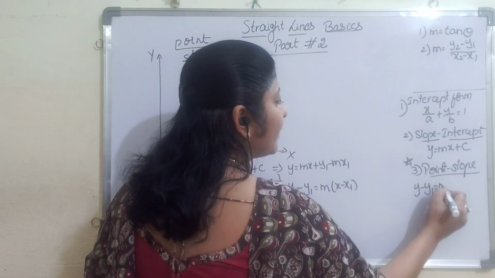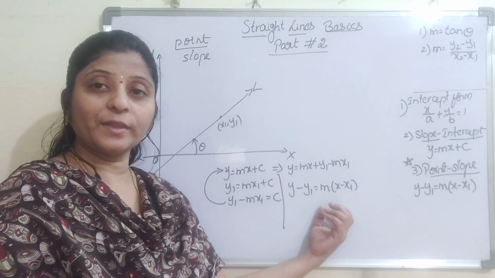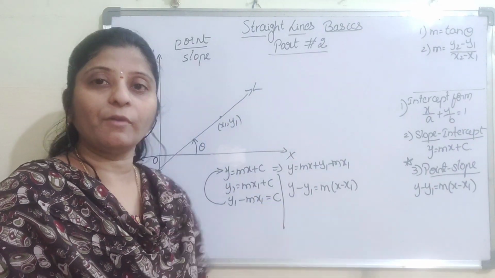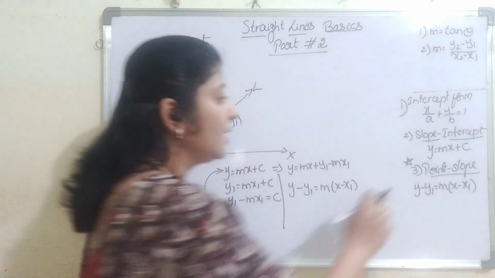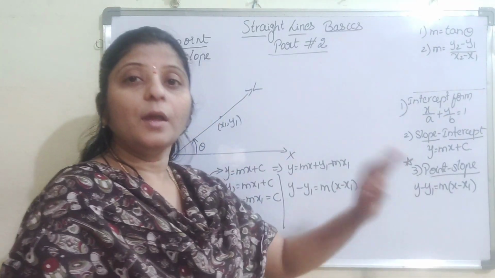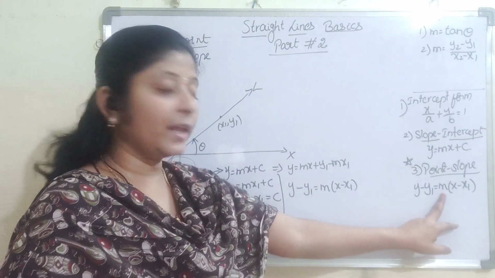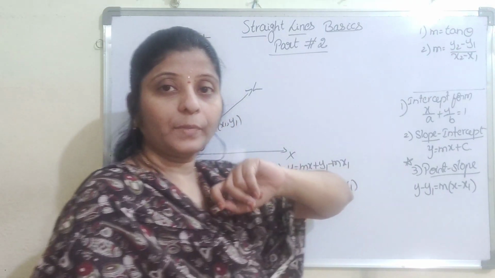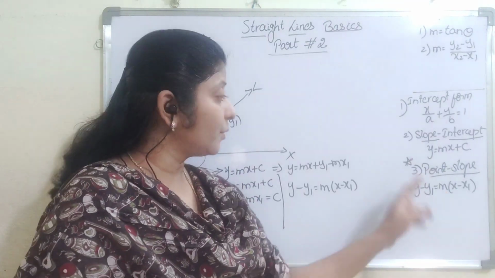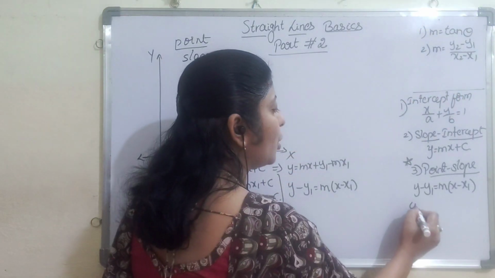Equation of the line which is having slope and which is passing through one point. So when one point and slope is given, you can use the formula y minus y1 equal to m into x minus x1. Two point form also is there. When two points are given, we use a different formula for m. When one point is given, you can use m value tan theta. In problems, they can also directly give the m value. So when two points are given, instead of m, you have to write this form, the two point form.